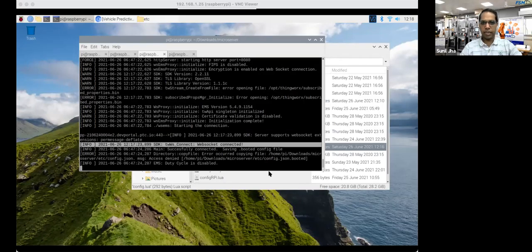So I need to create a thing there to get this Edge micro server connected to the thing that I have on the ThingWorks. So let me just show you that step also.